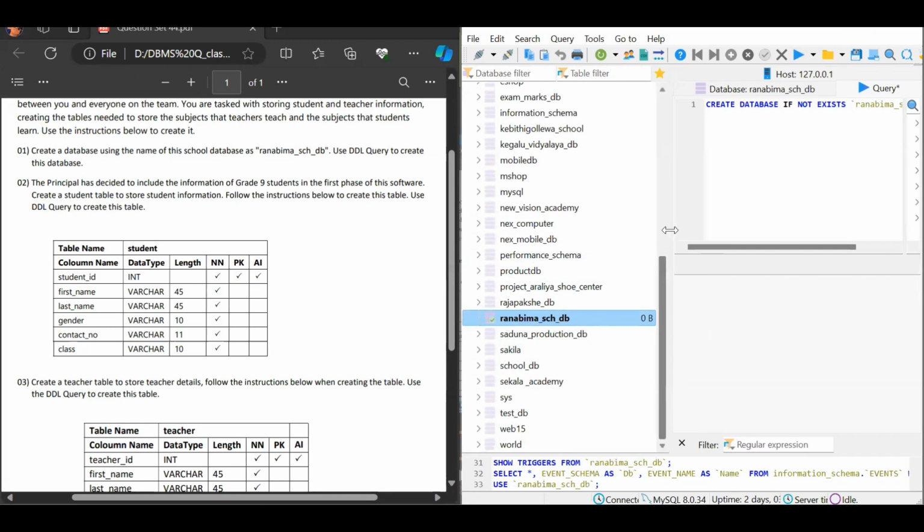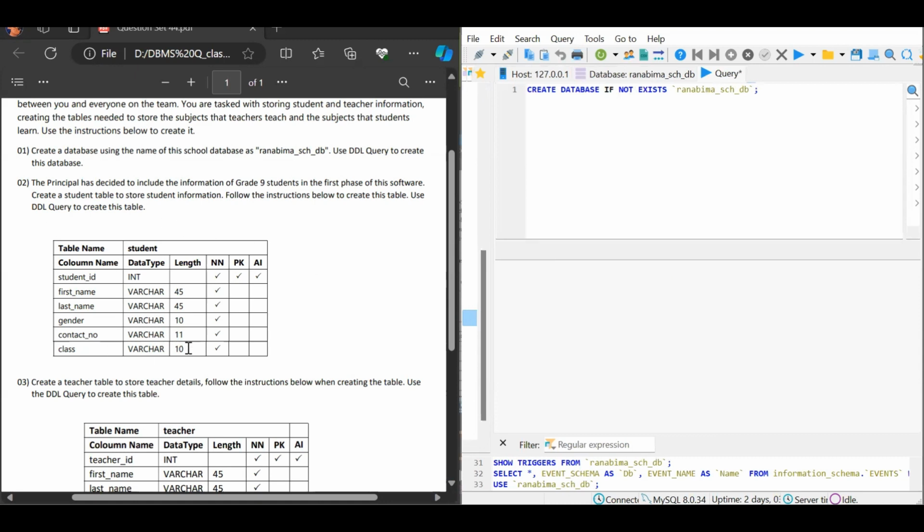So then let's move to the second question. Here we have to create a table called student with these columns. So then let's create the table. Here too we have to use the DDL query. So here too we can use the keyword create. We use table here as we have to create a table. Create table, and if not exists, inside the quotation marks we can give the table name as student,